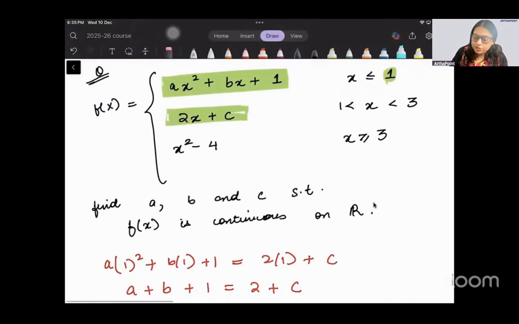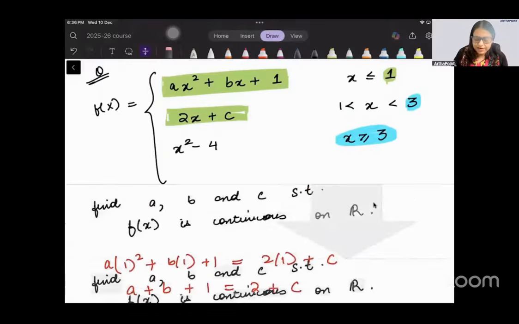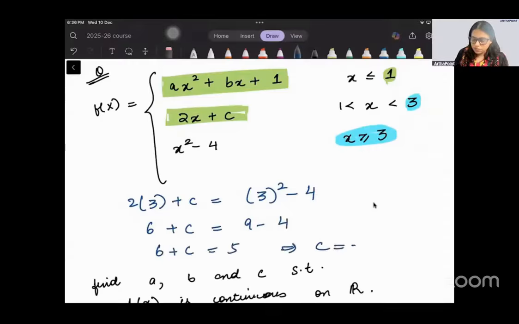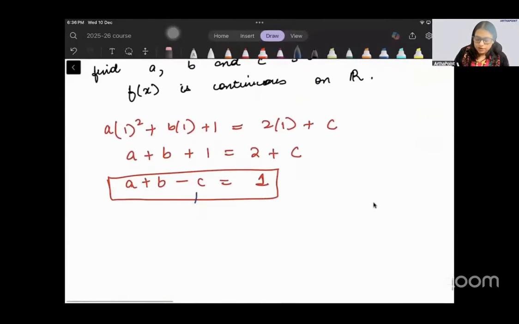Similarly, continuity at 3 means that I should get the same answer from the function, left hand and right hand limit. So it means when I plug 3 in this and this, I should get the same answer, right? So I get 3 into 2, 6 plus c equal to 9 minus 4. Right? So you have got the value of c as minus 1. Now you can just go ahead and put c in the equation. So if I put c as minus 1,